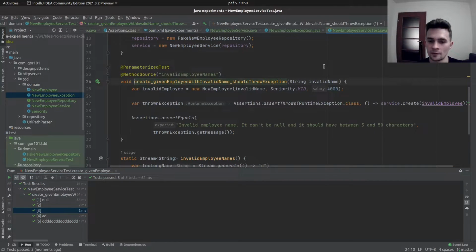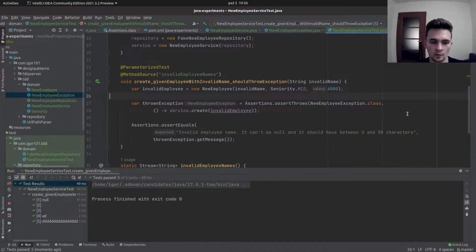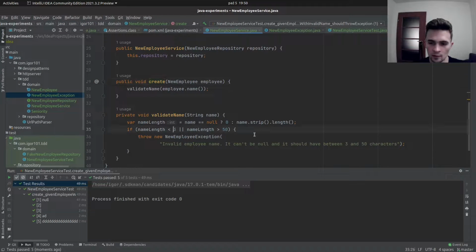Okay, unfortunately it's passing because here we are just requiring runtime exception, and a new employee exception is a runtime exception. So let's change that. Okay, what else should we refactor? Here we have